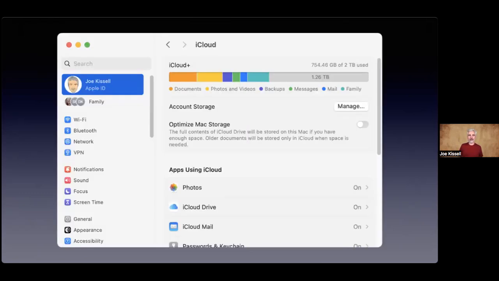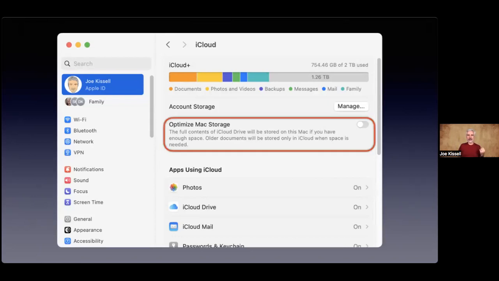So here's how it works. Go back in here, we were just here a moment ago, and you turn on this switch, Optimize Mac Storage. Now, when you initially turn on this switch, I'm not going to see anything different. Really, nothing is going to happen.